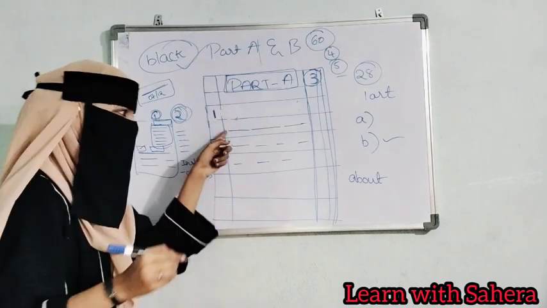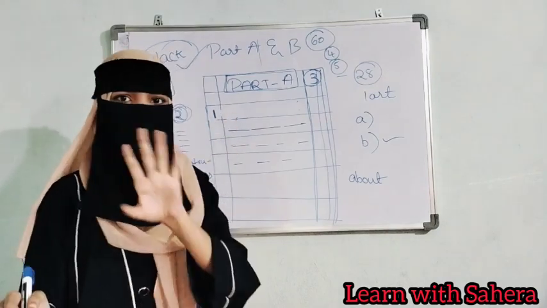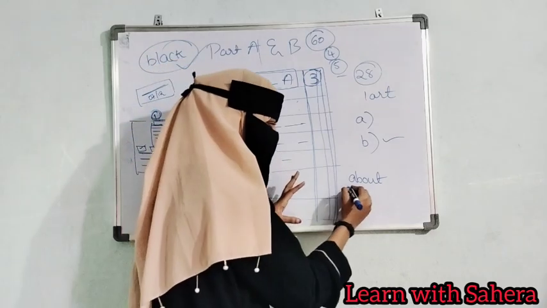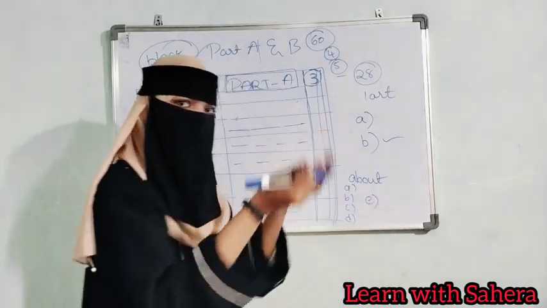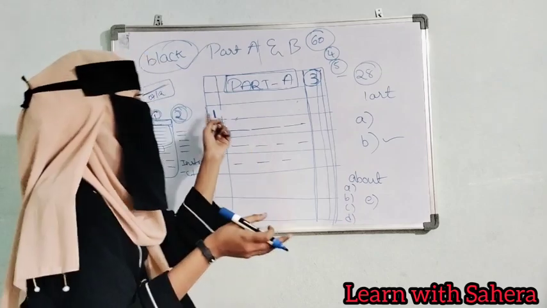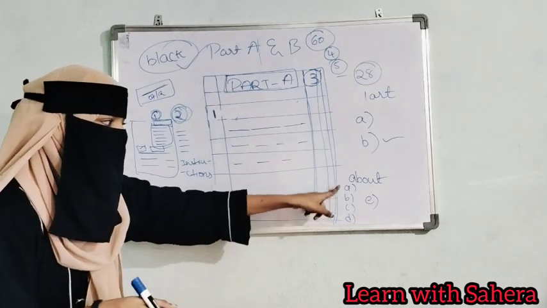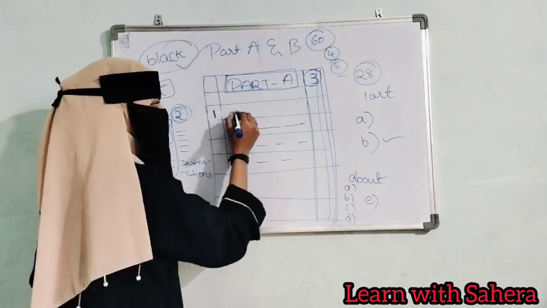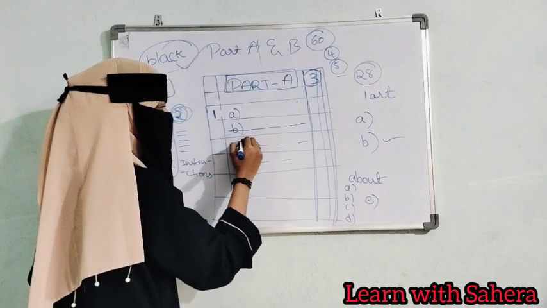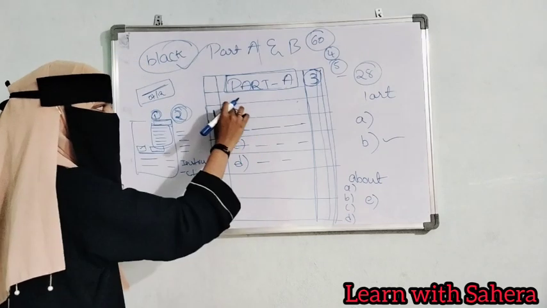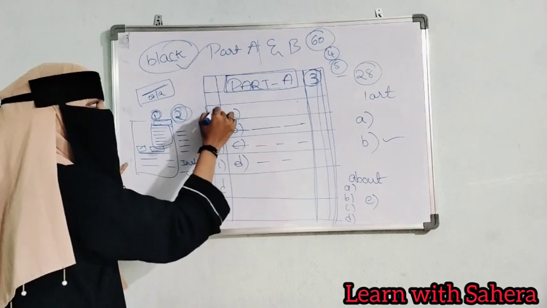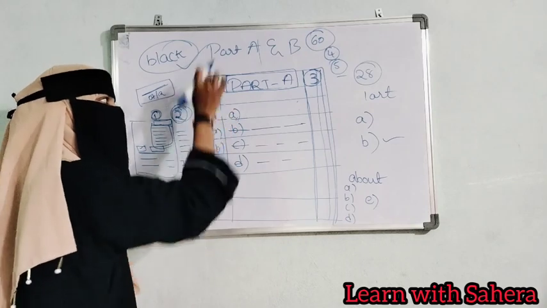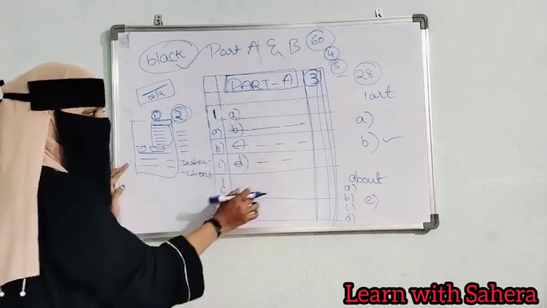If you are attending question 1 in English, what will you be having? You will be having A, B, C, D, E. Again other questions will be there under question number 1. So those question numbers you have to write here, A, B, C, D, like that. You should not write this here. Okay, got my point? So after writing the question number, under the question, if you are having more questions, you have to write here.